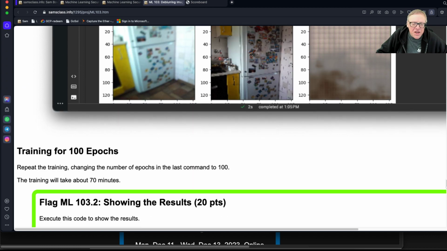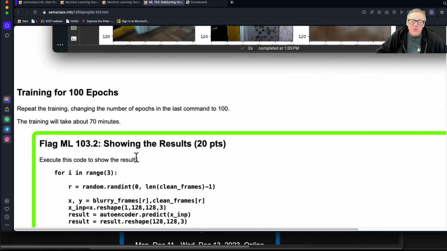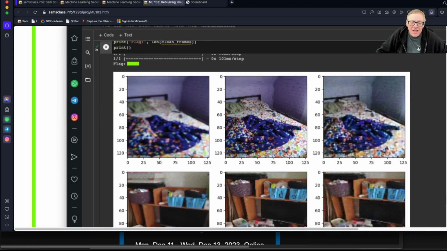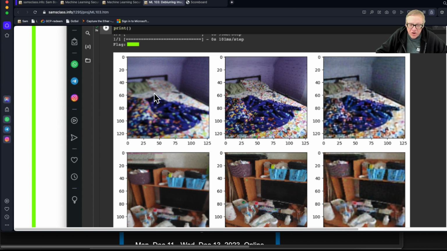But what is encouraging is if you train it for 100 epochs, which will take more than an hour, and yet you're still using just a free Google Colab instance, but after you train it for an hour, it actually does pretty well. Here's the blurry image, here's the sharp image, and here is the deblurred image, which, as you can see, is less blurry than the blurry image. And remember, it never saw this image before. It has actually learned the general concept of deblurring an image from other images,